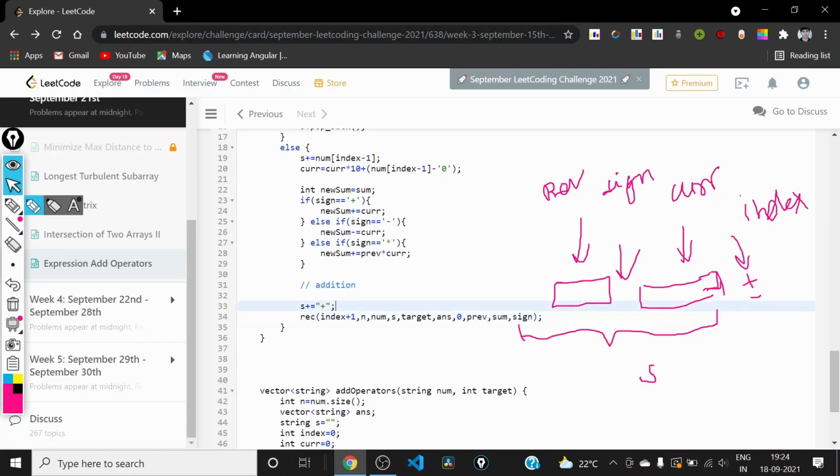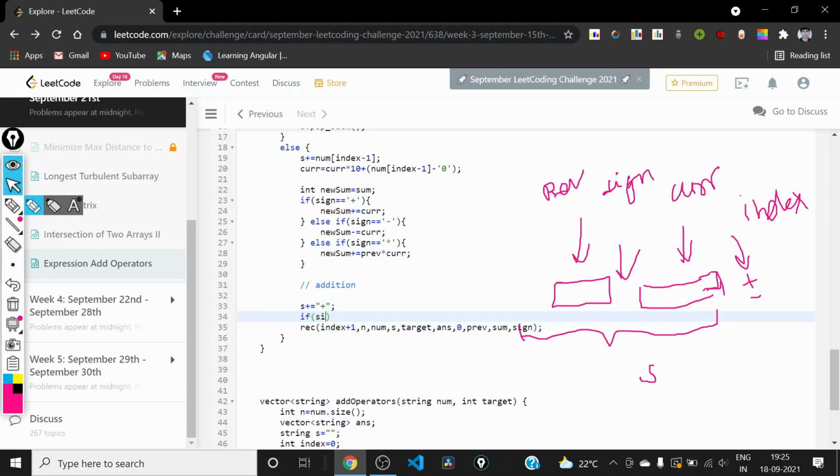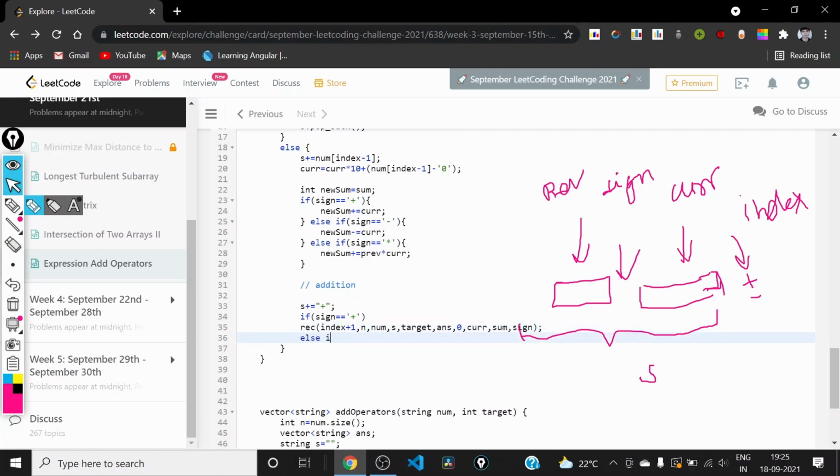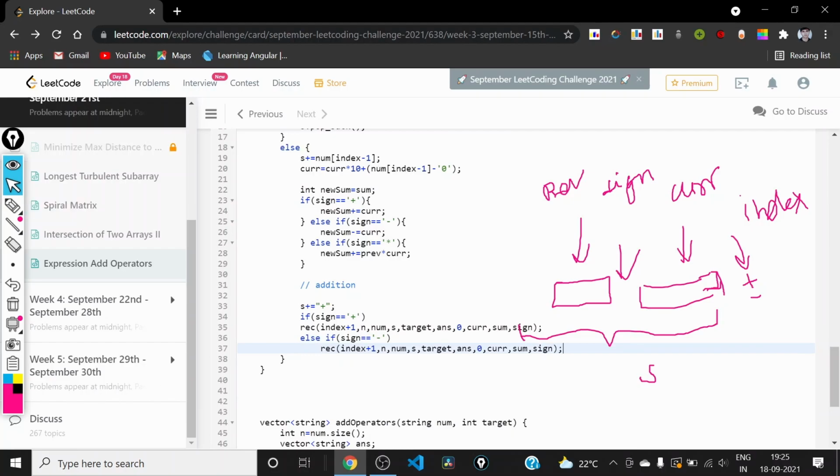So if the sign was positive, then this previous will be equal to current, and else if the sign was negative, then this previous will be minus 1 into current.